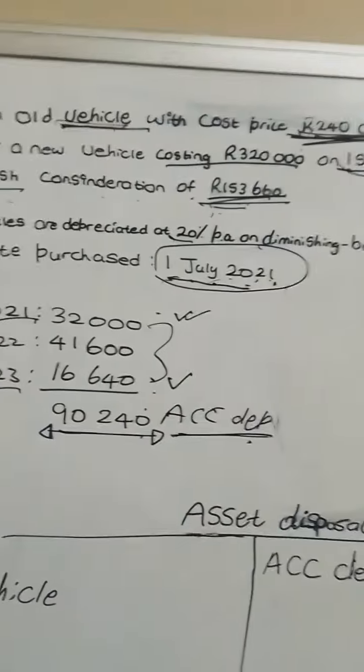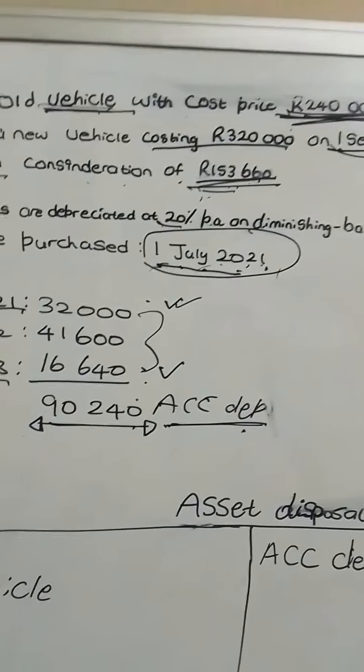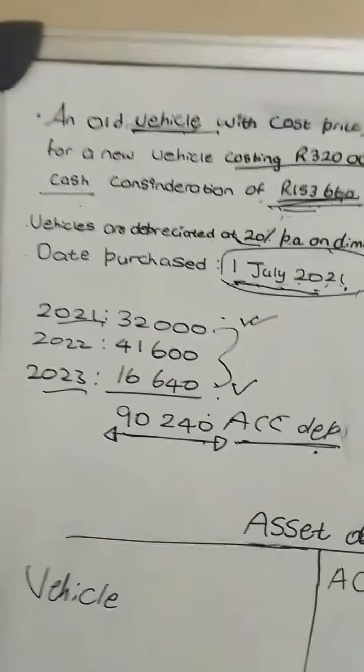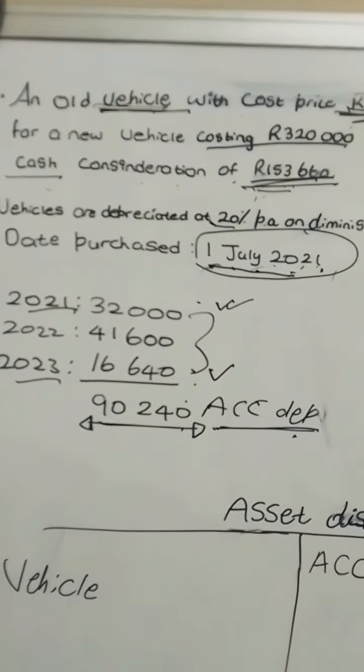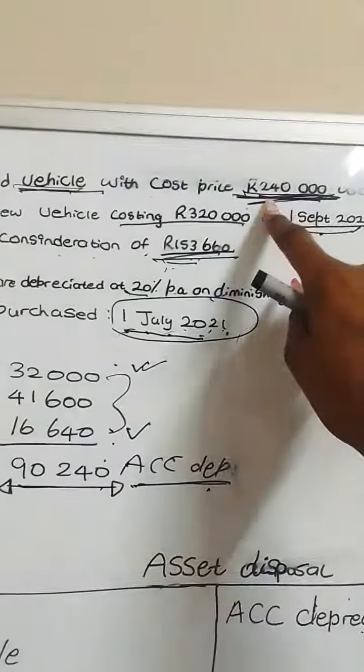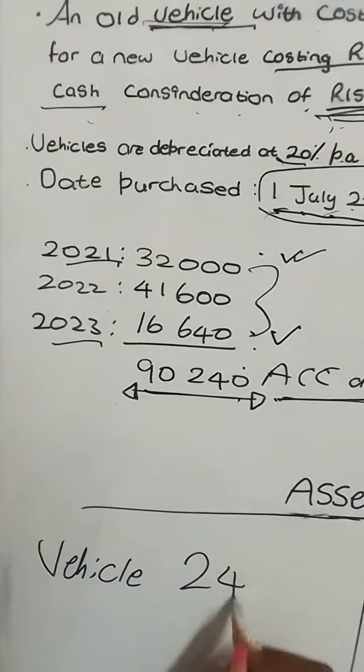I'm going to name this video part 2 and the first one is going to be part 1 so that it is easy to maneuver around these videos. So it's going to be what? Vehicle. And then the cost price of the vehicle, right? So the cost price was 240,000. So you just write 240,000,